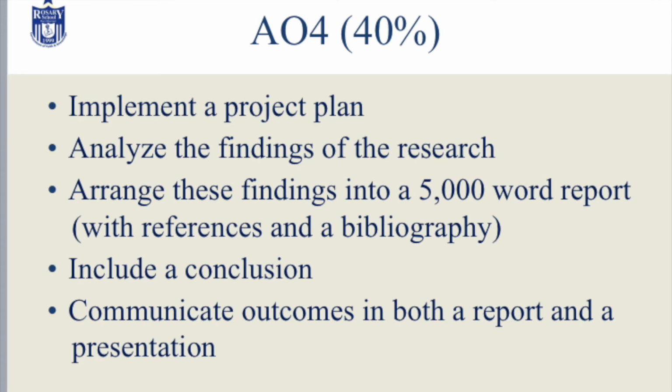You will lose credit through the AO3 if your range of sources is not really wide, if you don't have a range or a variety of sources. So be careful with that. Now for the AO4, it's about implementing a project plan. If you've written a good project plan, try to make it as detailed as possible. More guidance here. And if you do the analysis of your research, just collecting information and using that without analyzing and discussing, I think this source was actually better than this source, or analyzing your resources. So you're discussing, for example, this source and this source,